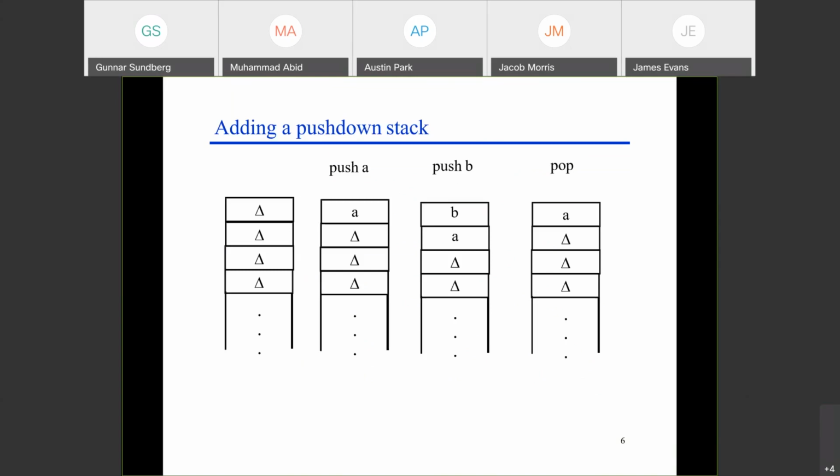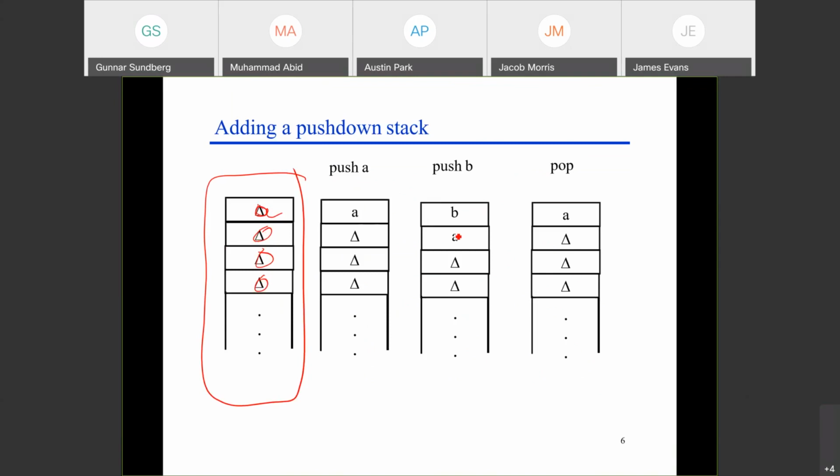Initially when you have a stack in your PDA, the stack is also empty, and when you have an empty stack, all of its memory locations will be delta, which means there is nothing here. As soon as you push any information into the stack, it will write that location and replace that delta with whatever you want to